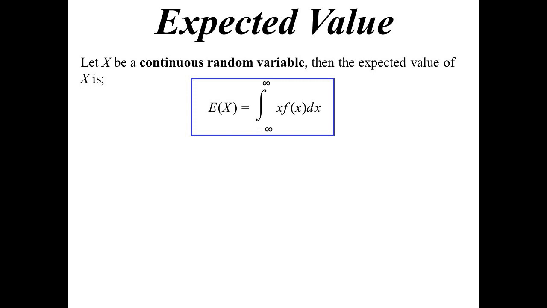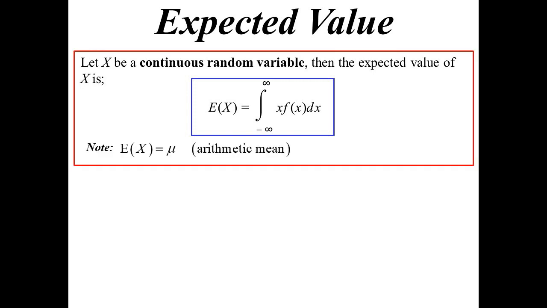Because now we're talking about continuous, we no longer say the sum of xp(x), it now becomes an integral. So we're summing up all those rectangles, if you like. Going from minus infinity to infinity, again it's x times, but not probability of x this time, it's the function f(x). Remember, the height of the probability distribution function was like the probability, so it's very similar to the xp(x). Note, still true, the expected value will still be the mean of the distribution.